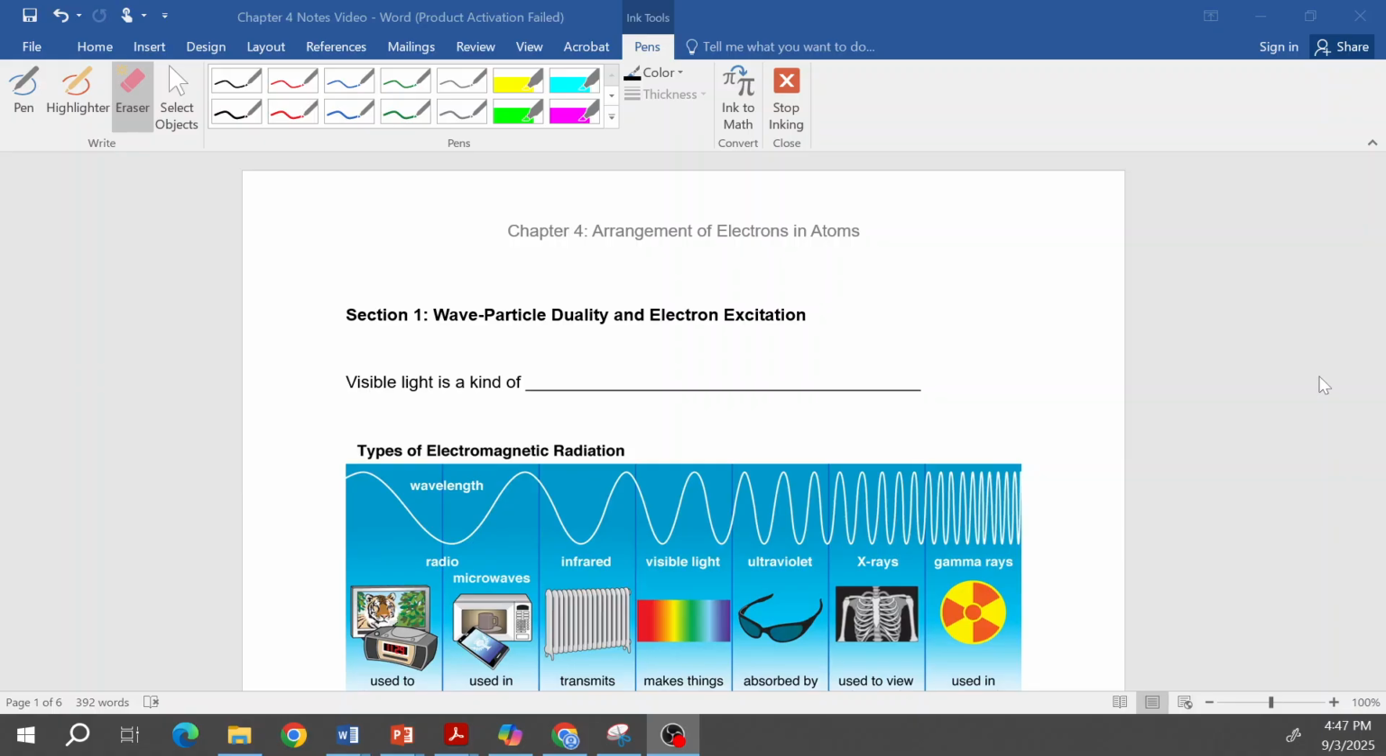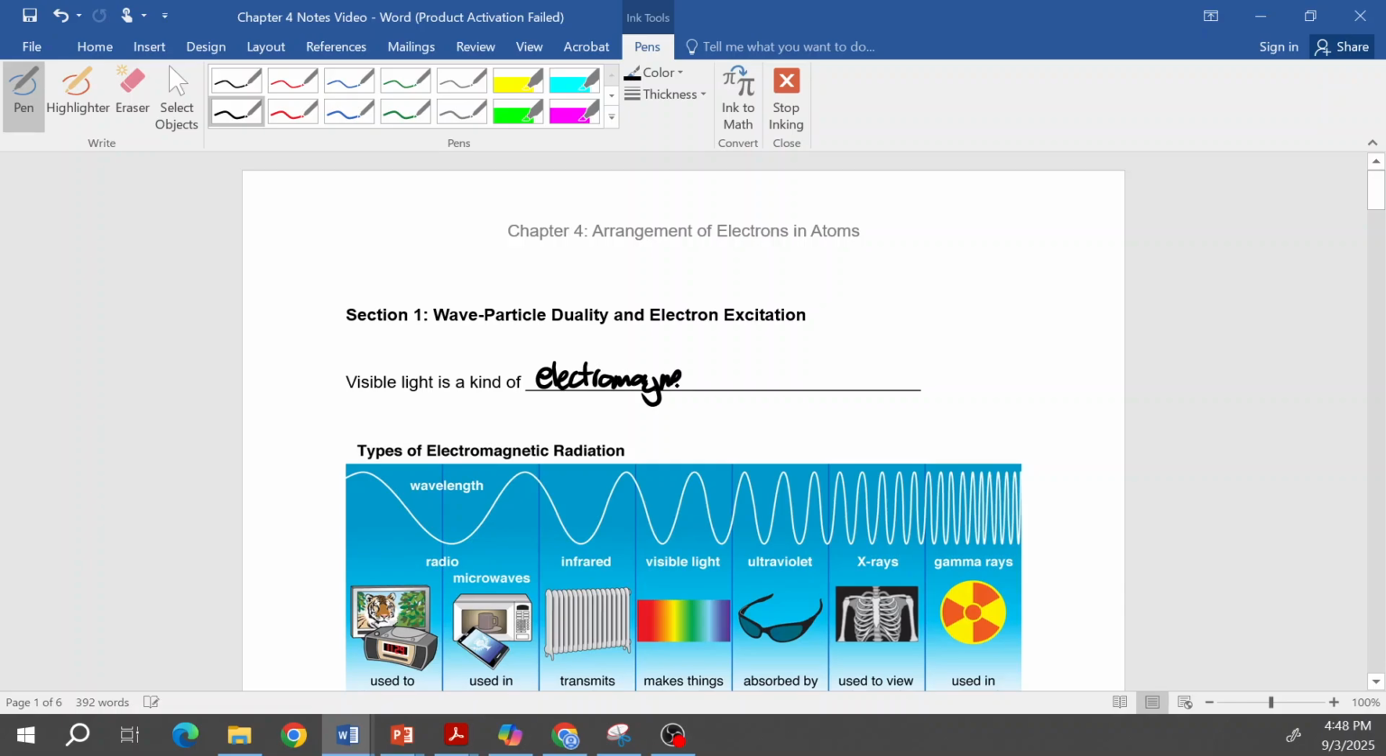Okay, so chapter 4, section 1 is mostly about waves. And the reason it's about waves is because electrons themselves can behave kind of like waves. So section 1 here is on wave particle duality and electron excitation. So visible light itself, visible light is a kind of